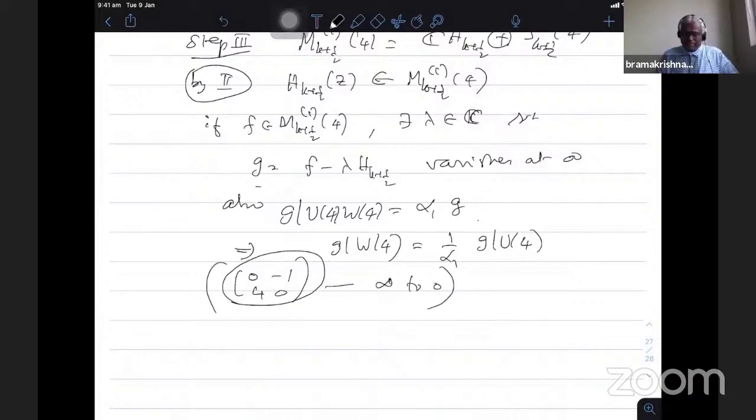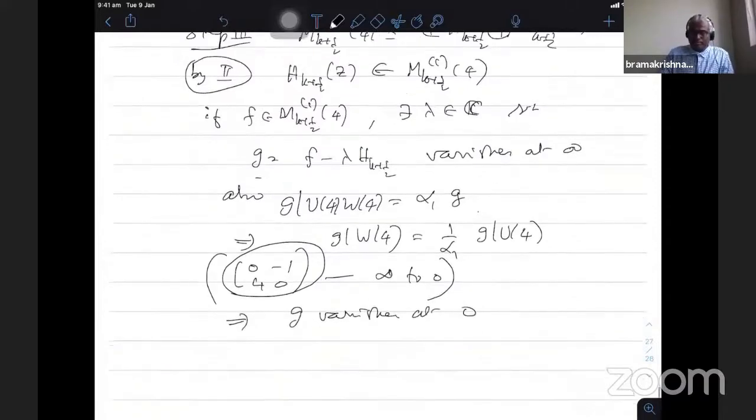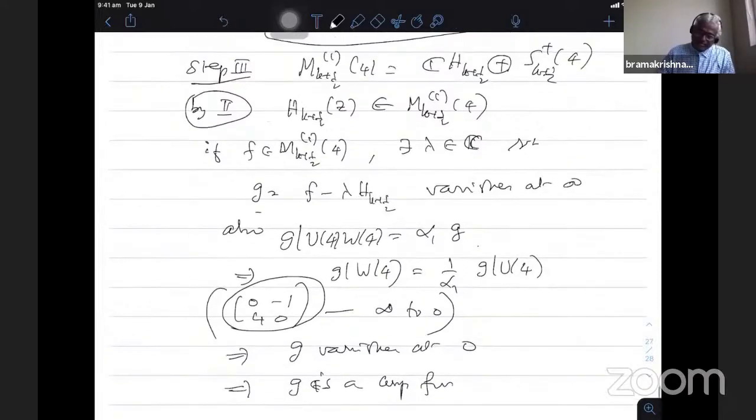Therefore, the left hand side gives the expansion of G at the cusp 0. And I know that G vanishes at infinity. Since G vanishes at infinity, the right hand side will not have a constant term. G vanishing at infinity implies the right hand side also vanishes at infinity. That gives you the vanishing of G at the cusp 0. So this implies G vanishes at 0. So there are only two regular cusps, and at both the regular cusps G is vanishing, therefore G is a cusp form. Okay, that is when I take G, this linear combination becomes a cusp form.